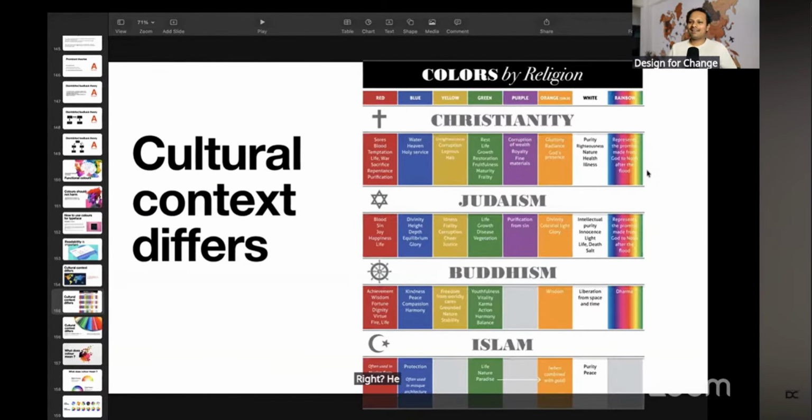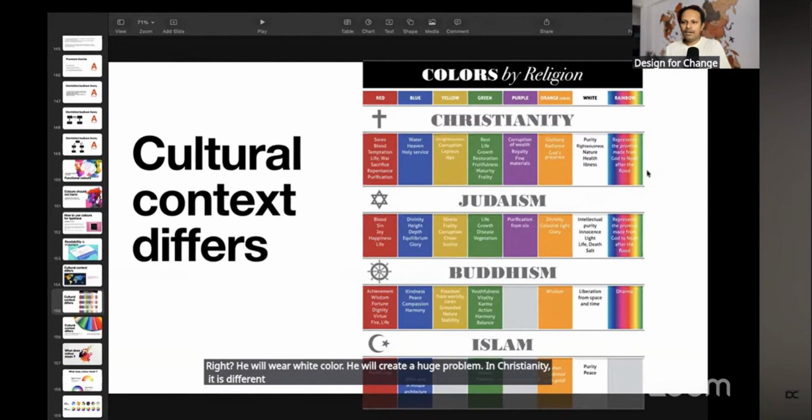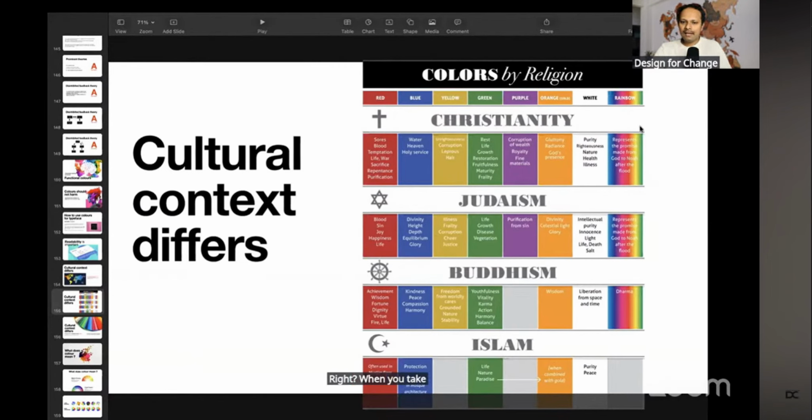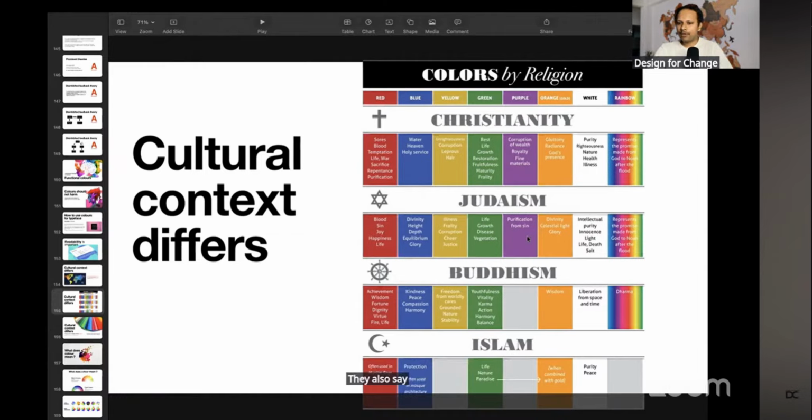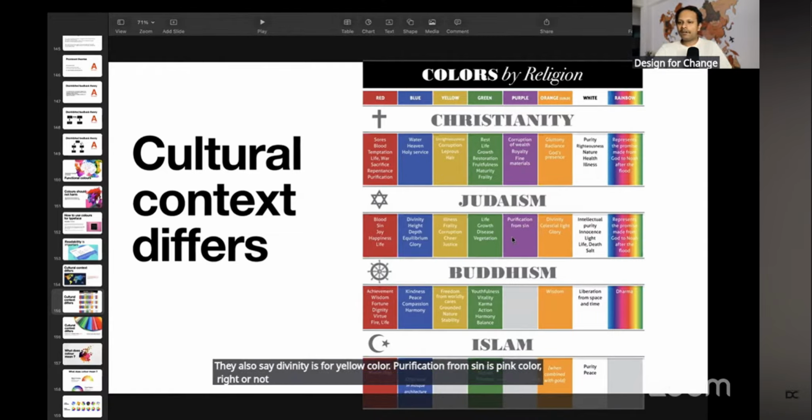He will wear white color. He will create a huge problem. In Christianity, it is different. In Hinduism, it is different, right? When you take Jews, they really appreciate the color white for intellectual purity. They also say divinity is the yellow color. Purification from sin is the pink color, right or not? Different cultures understand differently. That's why you should not wear any cultural or religion stripping